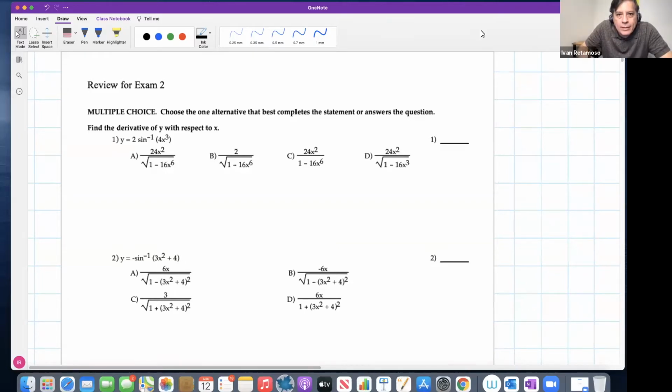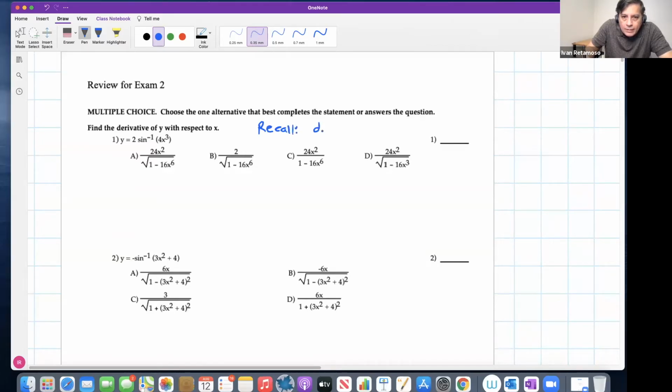Great, it's recording now. Let's cover a review for exam 2 today. First question deals with derivatives of inverse trigonometric functions, right? Inverse trigonometric functions. So we're going to recall